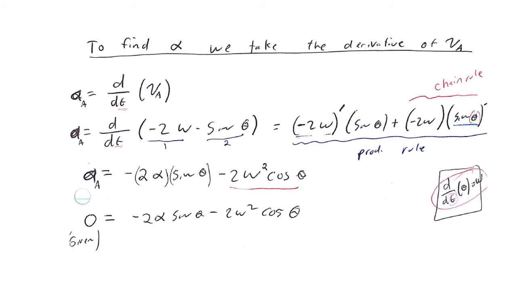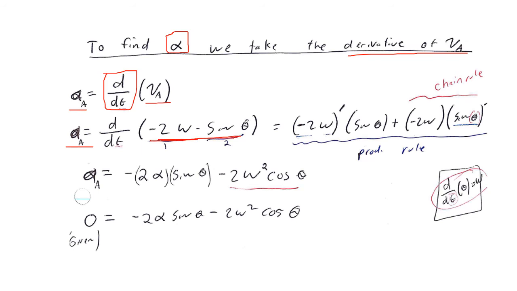Now next we want to find our alpha term, but to find our alpha term, we'll first need to find our acceleration term. So to find alpha, we take the derivative to start off with of that v sub a. So recall acceleration is the first time derivative of our velocity, so we take d over dt, first derivative with respect to time of our velocity. We have now an expression for our velocity v sub a, so we can plug that in down here. So the acceleration at a is equal to d over dt of negative 2 omega